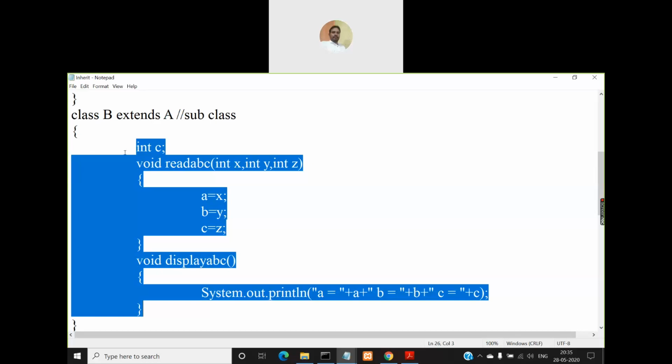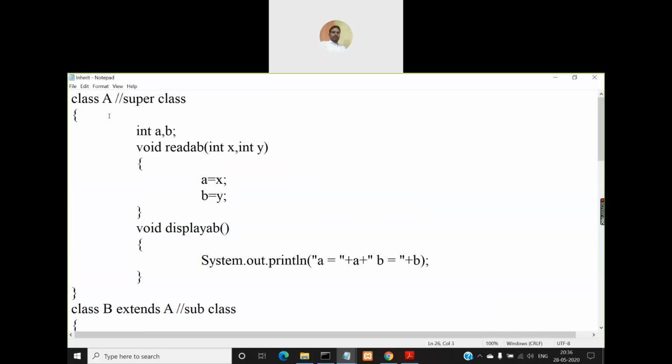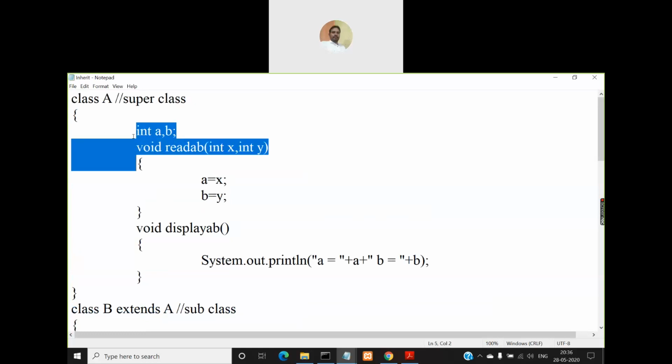So altogether 7 members. If you create an object for class B, you can access all these 7 members, but if you create an object for class A, you can access only the 4 members which are there in class A.